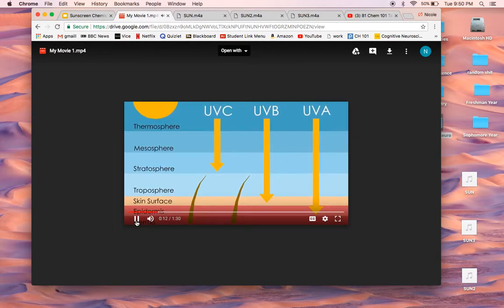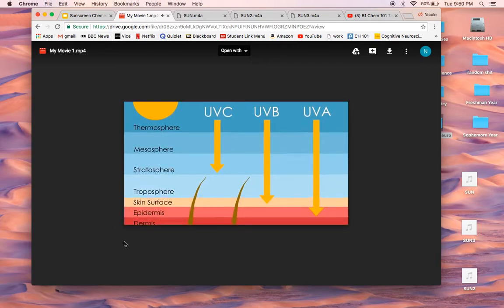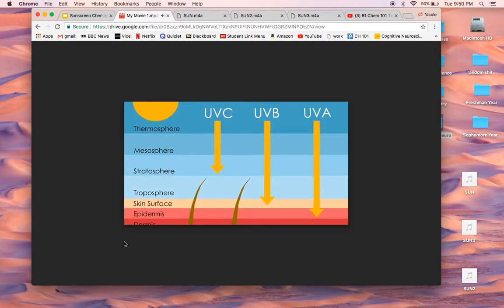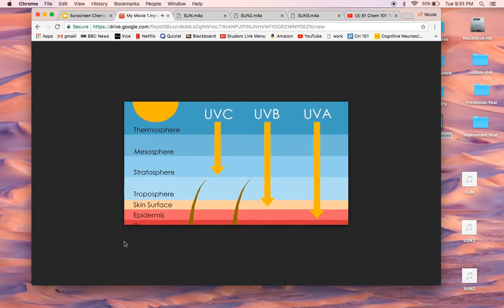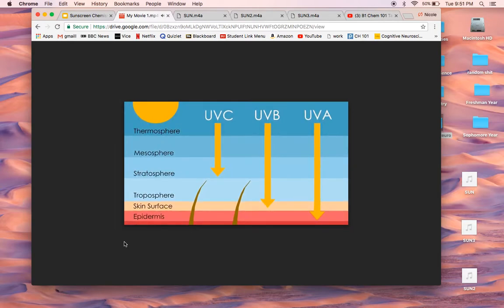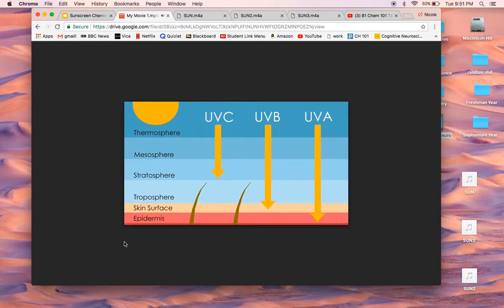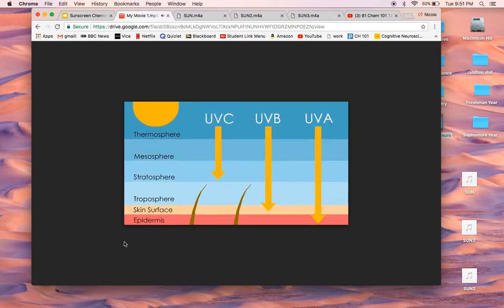There are three different types of UV rays: UVA, which makes up 95% of solar radiation and penetrates the deepest into skin, can cause skin cancer and indirect DNA damage, has the longest wavelength of UV rays. UVB rays, which is 5% of solar radiation, leading cause of skin cancer and causes direct DNA damage, has medium wavelength. UVC rays get filtered out by the atmosphere, have the shortest wavelength, and would be most harmful if they